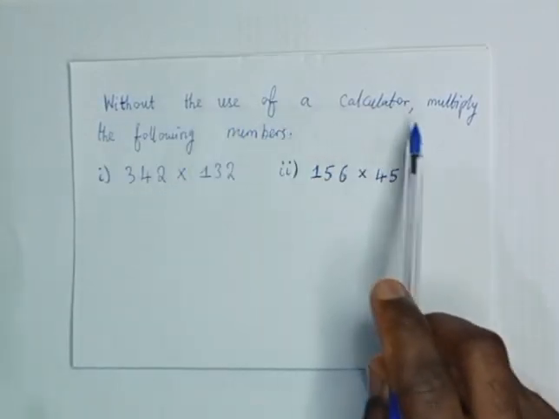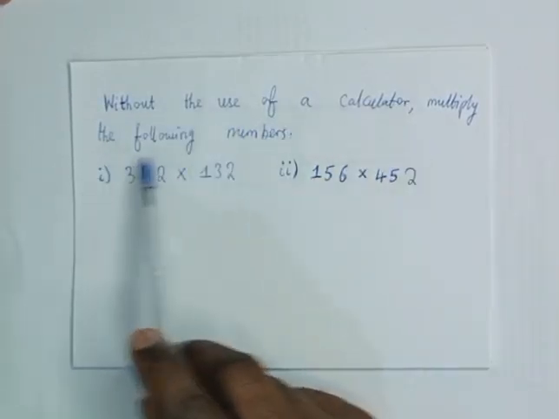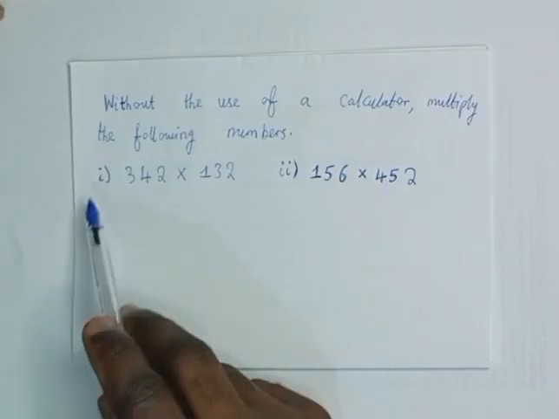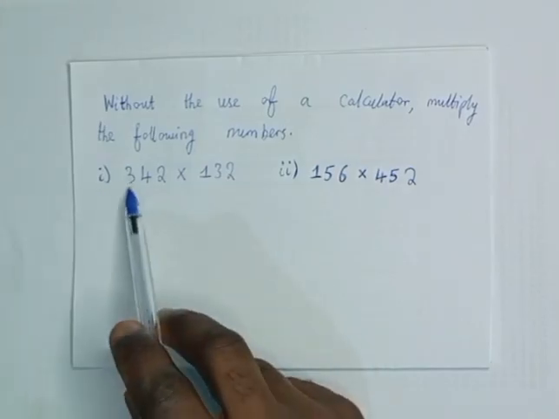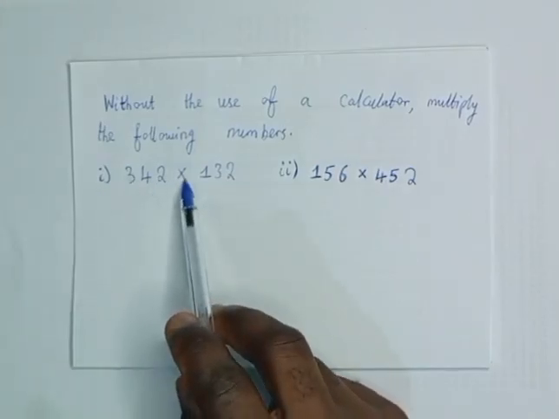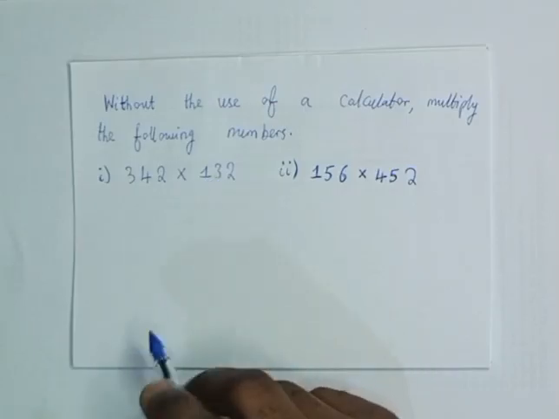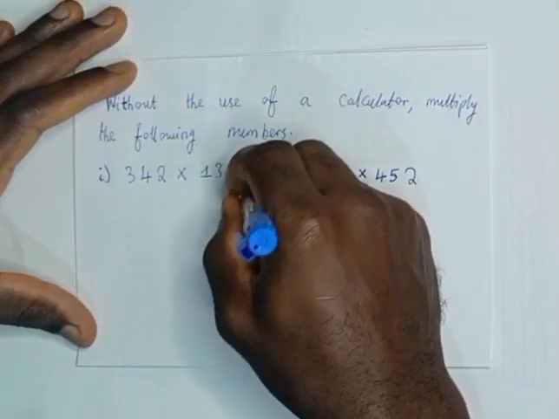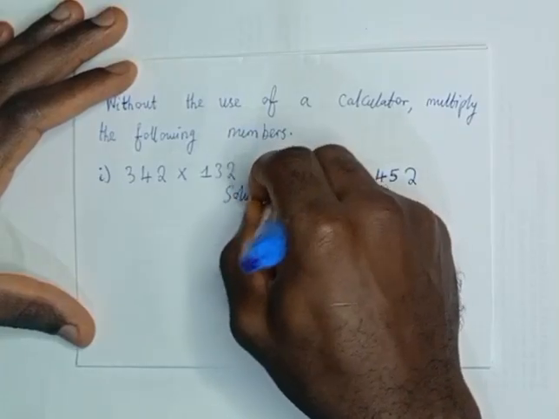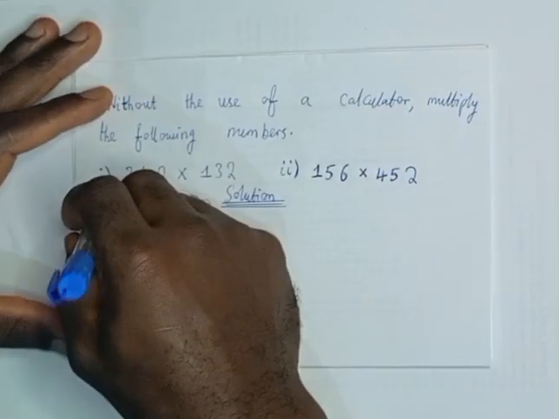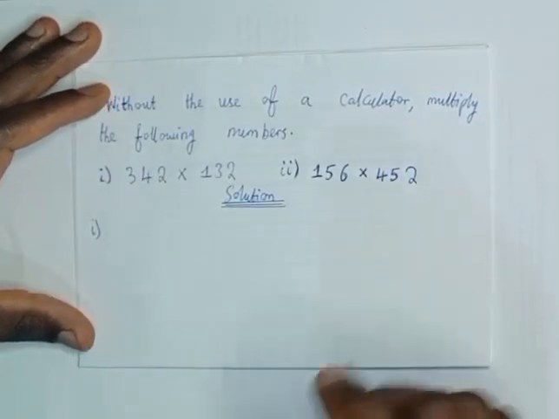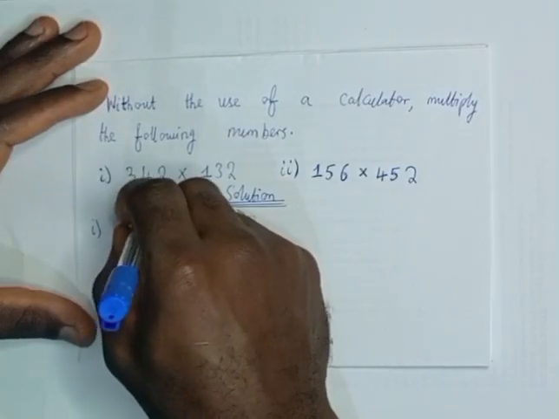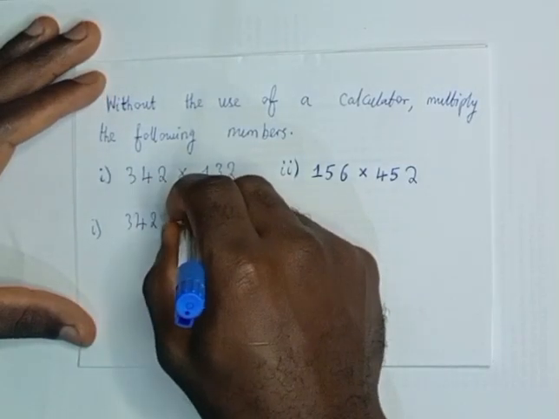Without the use of a calculator, multiply the following numbers. For I, 342 times 132. Take down solution. Question I, 342 times